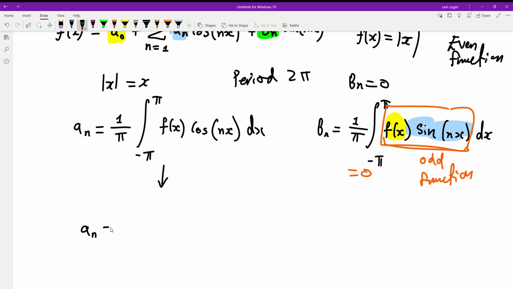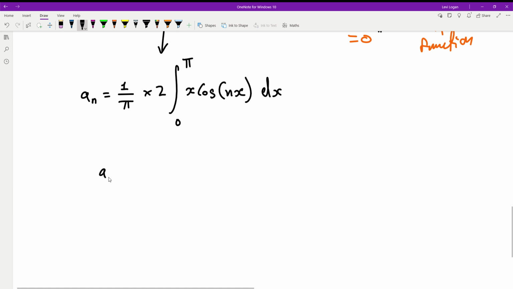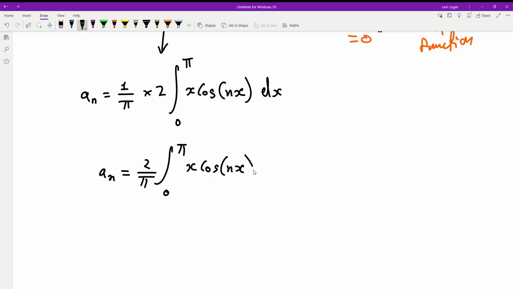So a of n is 1 on pi, bring a 2 at the front, and change the lower bound to 0 because it'll be the same area, from 0 to pi of x cos of nx dx. So at the front we have a of n is 2 on pi, integral from 0 to pi of x cos of nx dx. Now to work out this integral, we need to do integration by parts